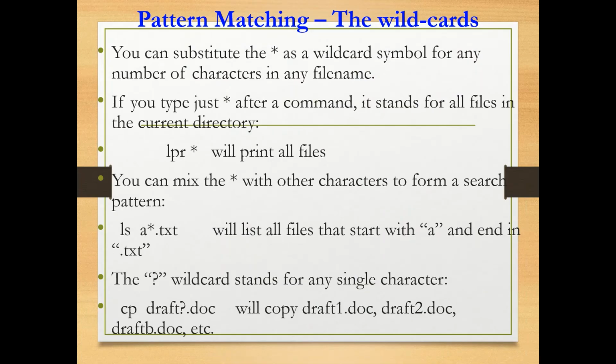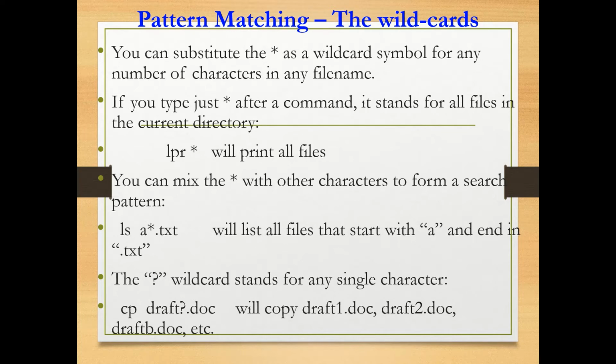In pattern matching, we can substitute the star or asterisk as a wildcard symbol for any characters in any file name. If you type just star after a command, it stands for all files in the current directory. For example, lpr star will print all the files on the printer. We can mix star with other characters to form a search pattern.